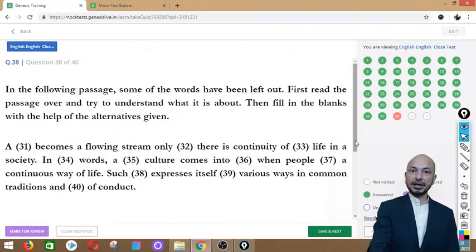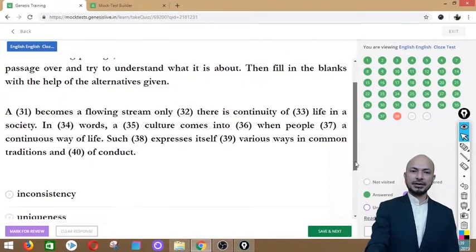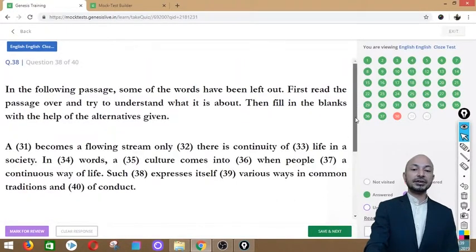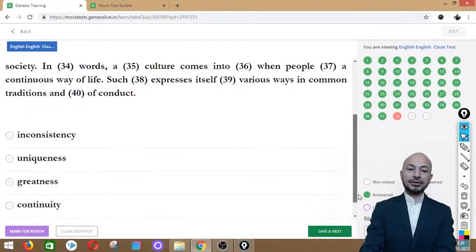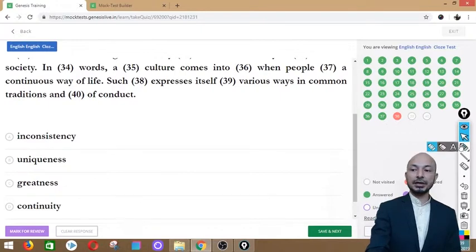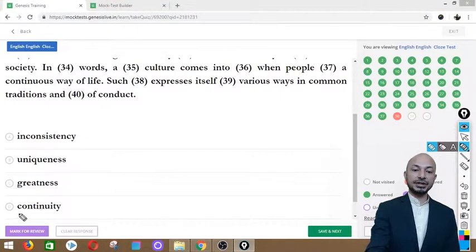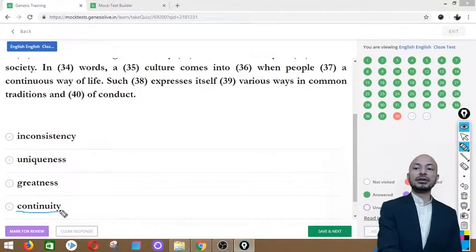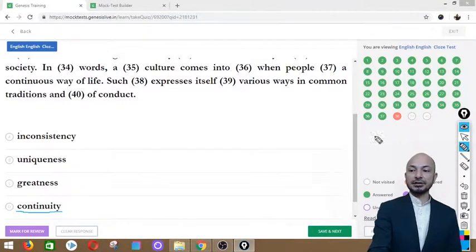So on to number 38, and it reads, such dash expresses itself. Is it inconsistency? Is it uniqueness? Is it greatness? Is it continuity? Now if we read through the passage, we will know it is going to be option D, which says such continuity. Such continuity expresses itself dash various ways. We'll get to that later. For now, let's click on option D